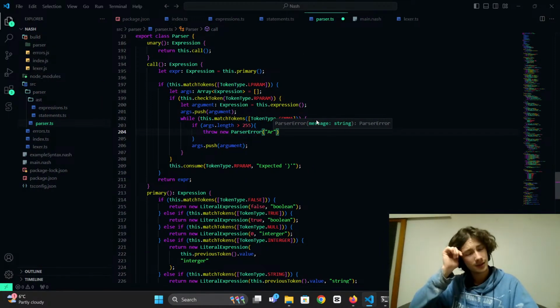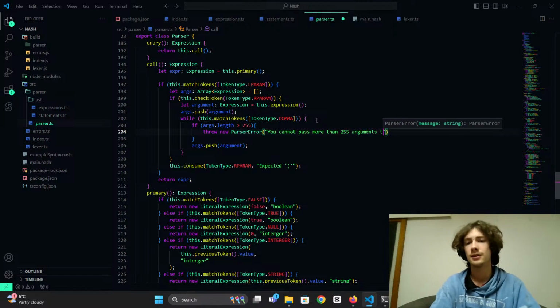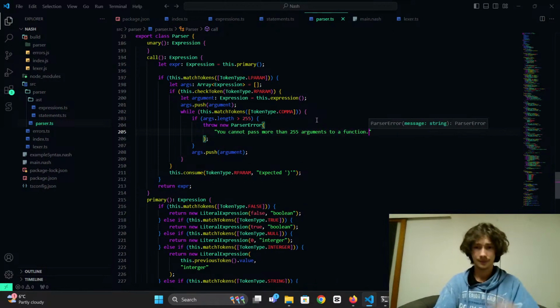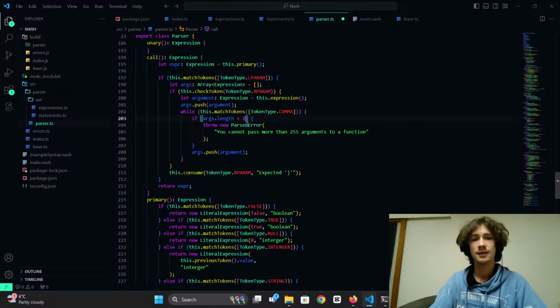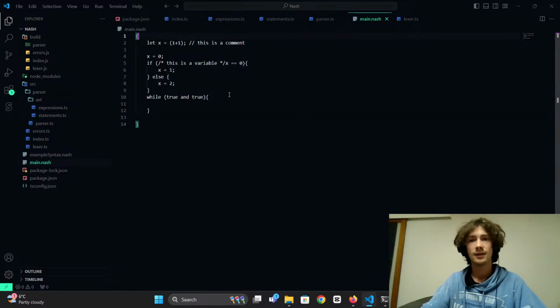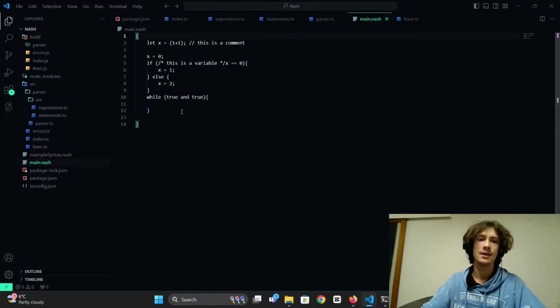Like more, it would be, yeah, arguments. No, you cannot pass more than 255 arguments to a function. We don't want that. So I'm not actually, let's test this. Can't be bigger than 1. So let's do,